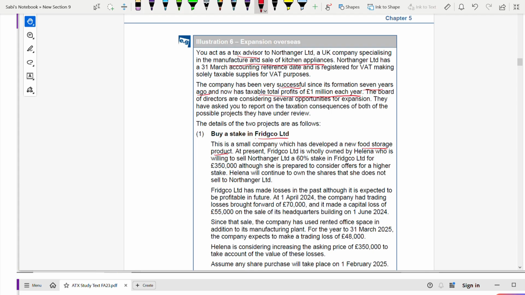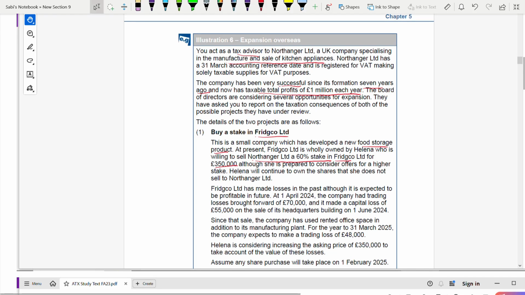At present, Preachco is wholly owned by Helena, who is willing to sell Northingen Limited a 60% stake in this one for 350. Although she is prepared to consider offers for a higher stake, she will continue to own the shares that she does not sell to the company. Now, this company has made losses in the past, but it is expected to be profitable in future. At 1st April 2024, the trading losses brought forward were 70,000 and the capital loss was 55,000,